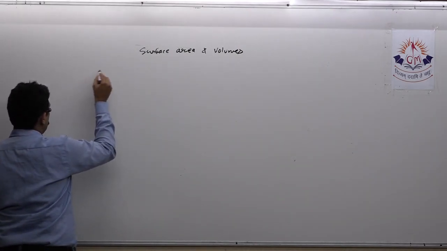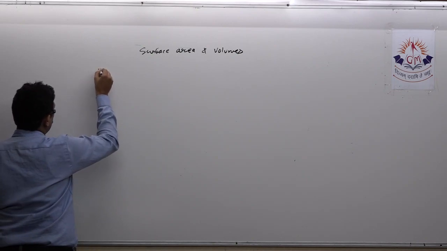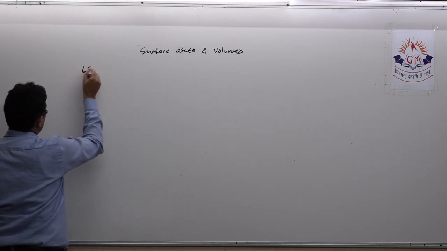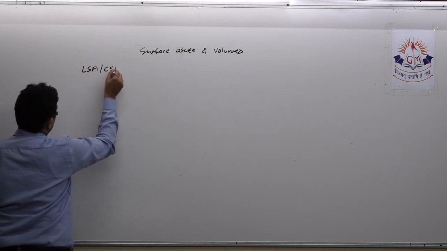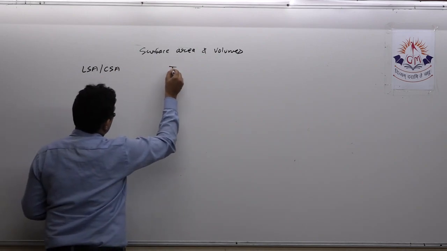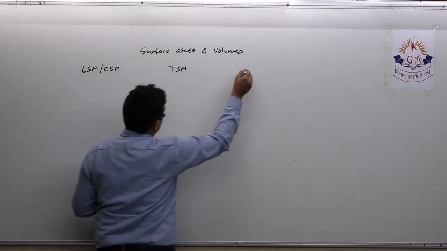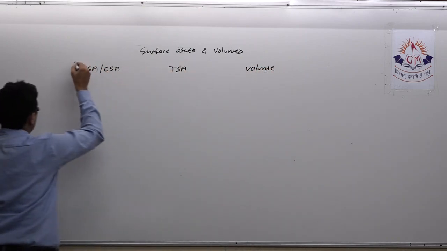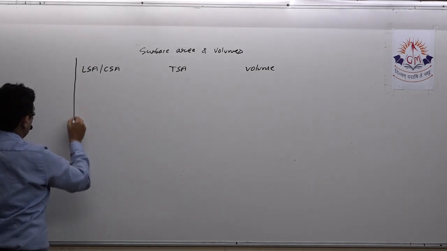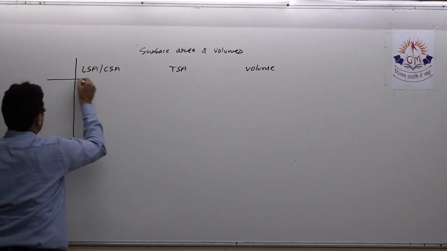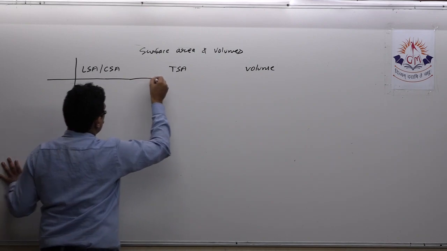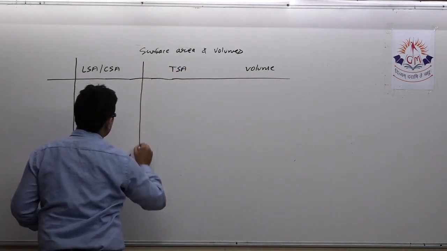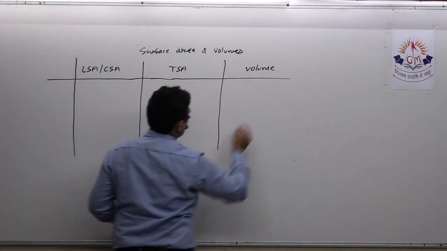So here we'll see total lateral surface area, LSA, also known as curved surface area. Then next is total surface area and then is volume. We'll see for all the solid shapes. We'll start with the cuboid. We just have to see the formulas and then we'll start the questions.